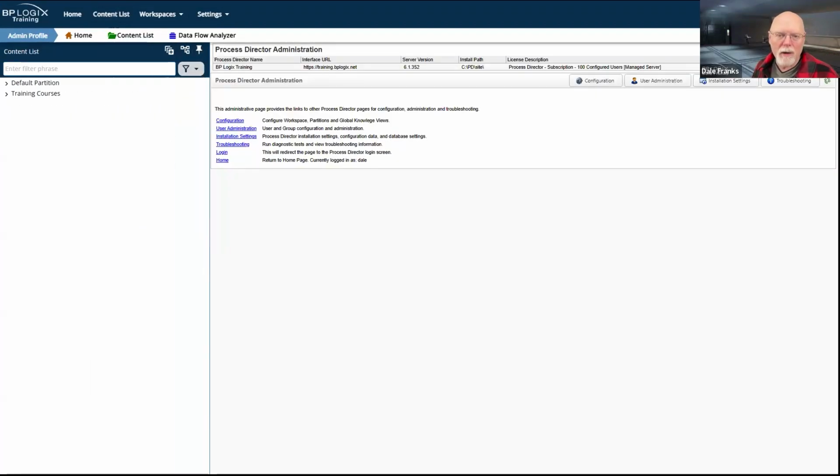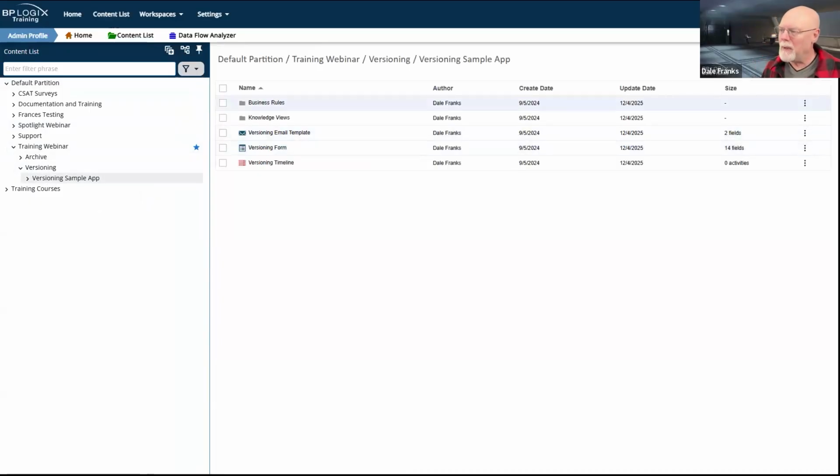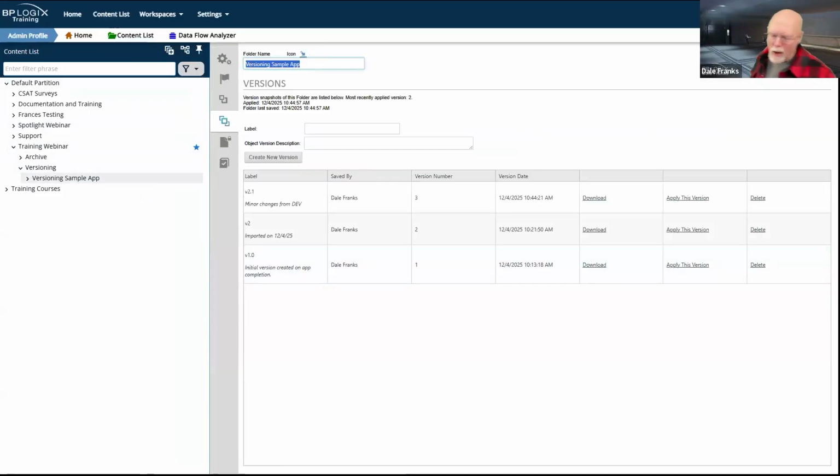I am super irked that this keeps dragging me over to IT admin. So please note, anytime you're going to be making any changes on the versioning side, you really, really do need to look at that phrase right there to see what version you are running. So our most recently applied version, it says 2. So these are the version numbers, even though I'm using my own kind of versioning scheme in the label. It is the label. This is the actual version number.